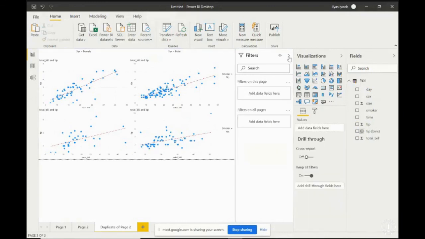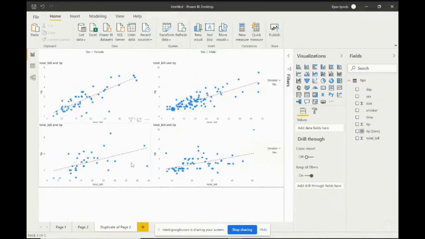Okay, so now you see that we have 4 charts. It's the same bill versus tip. You've got all the females in this column, males here, non-smokers and smokers, right? So let's take a look at that a little bit. The first thing that we notice is that when we look at the bill amounts, you notice that here